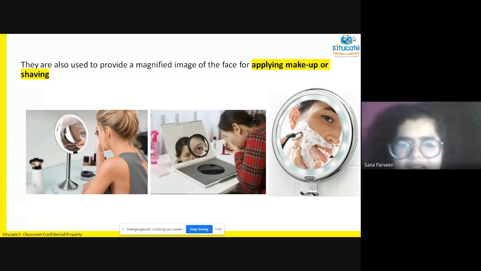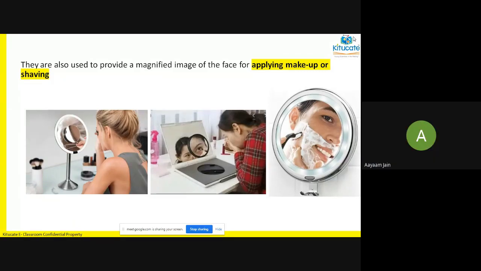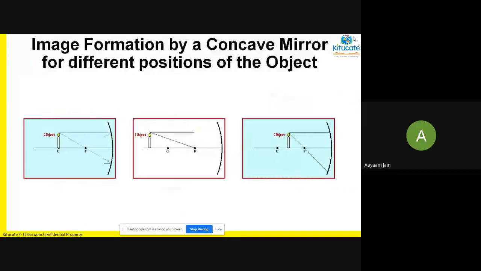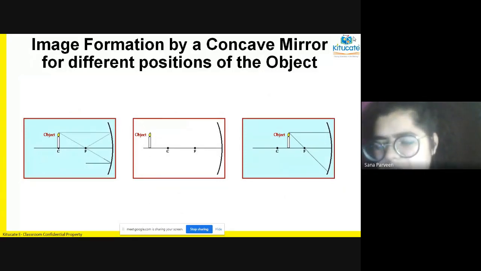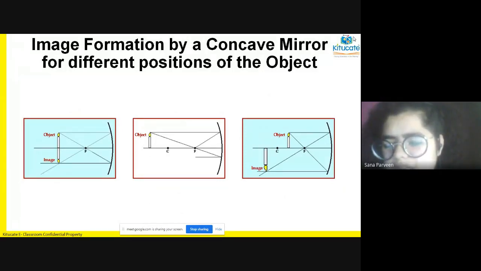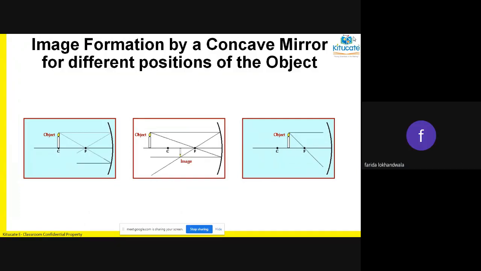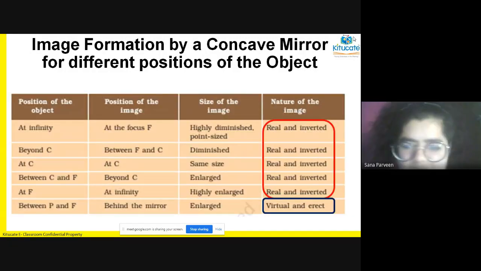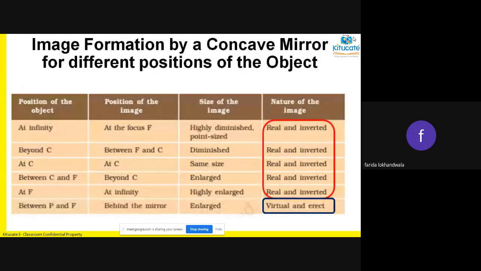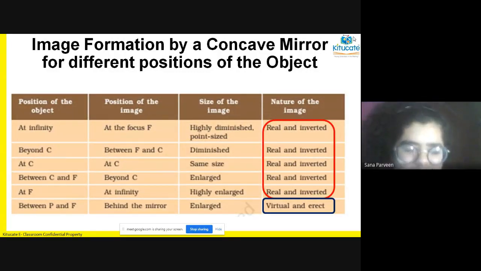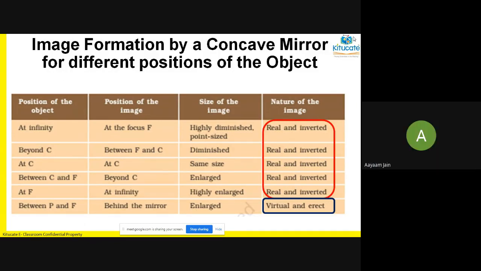You will understand it when you are using a concave mirror. When you are using a concave mirror, the image is upside down. But at some point, when the image is virtual, it is going to be erect. Sana, go back to that table and explain it. See in the table, the last line, it's only in that case where we get a virtual image. The rest are all real. So when you are very close to the mirror, the image that is formed is virtual and erect.